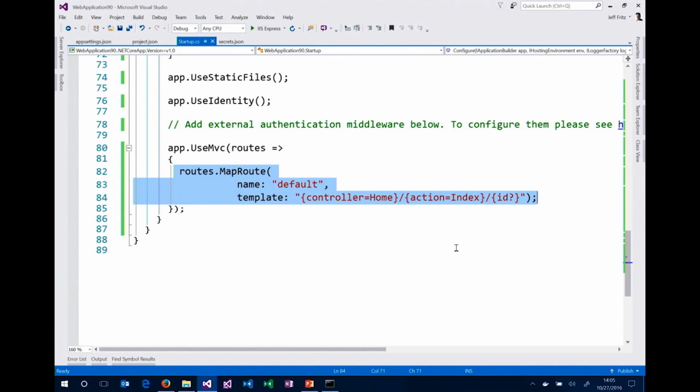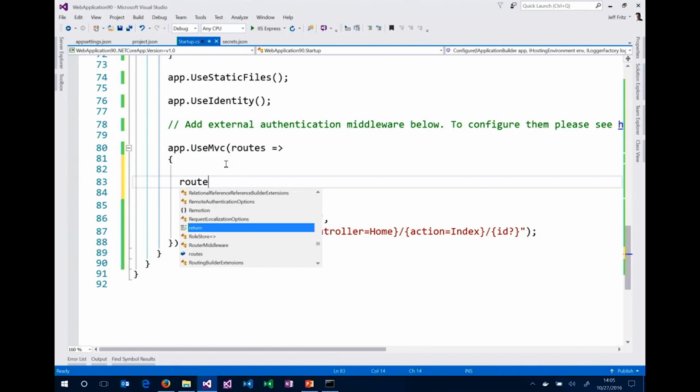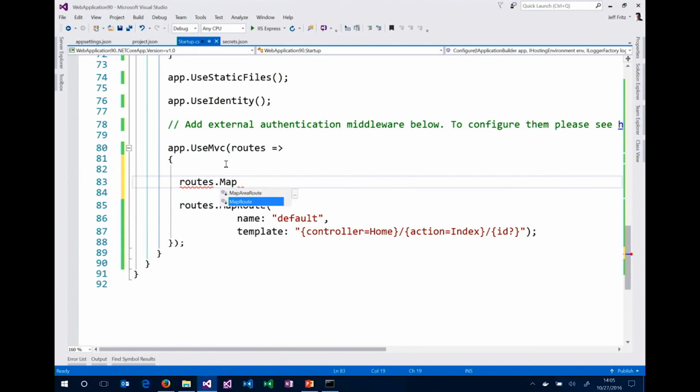But what if I want to have some overrides? Something simple that goes somewhere else. Maybe I want to optimize some things for the search engine. If I want to tune and add some other things, I can certainly put other configuration items in here, routes, map, route. I can even do areas. We still have areas available for you, right? And I could put a name on this,